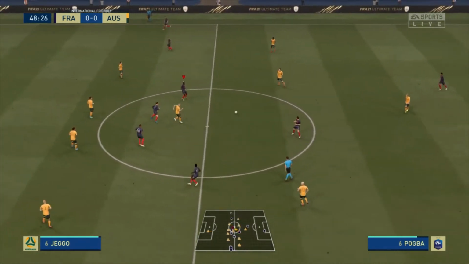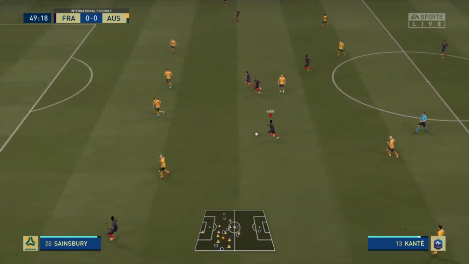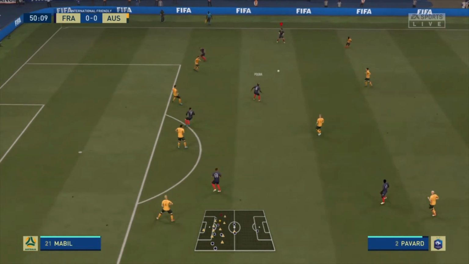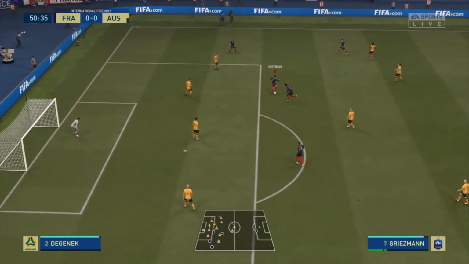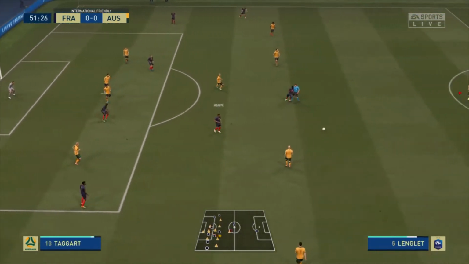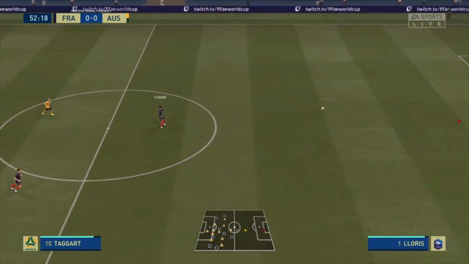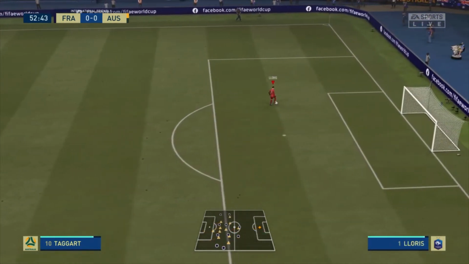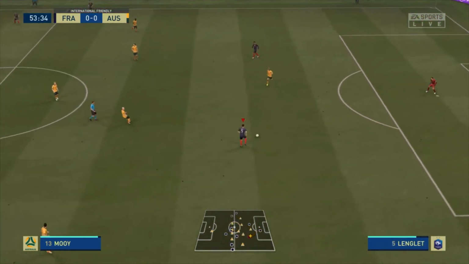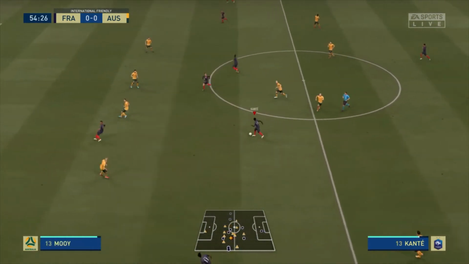Pogba is really deep now. He wasn't in the first half with the long ball and with the balance, but he was higher on the pitch than he was before. And even Pavard is there. Mendy, as you can see in the radar, they are really high on the pitch. They were not that high on the pitch with the other tactic. So they are going to make runs forward really fast, and that's good when you need to attack, but